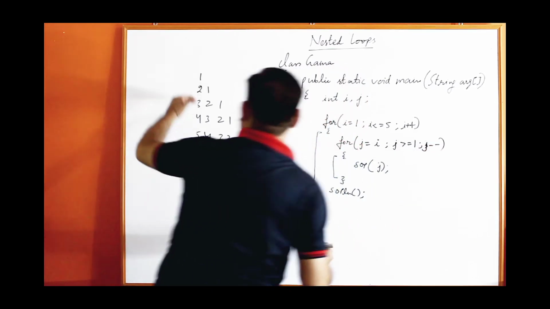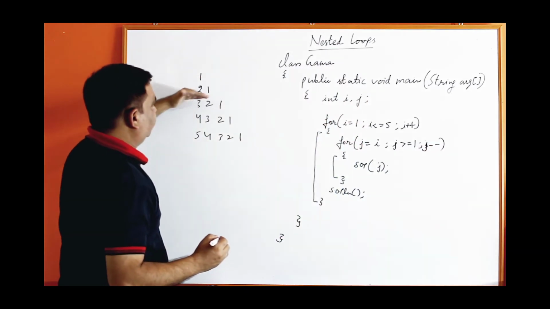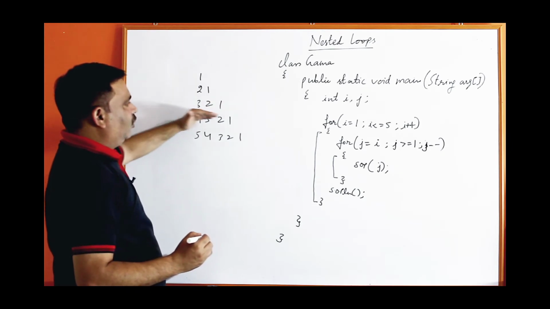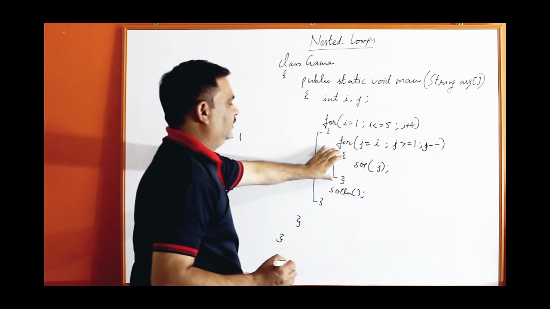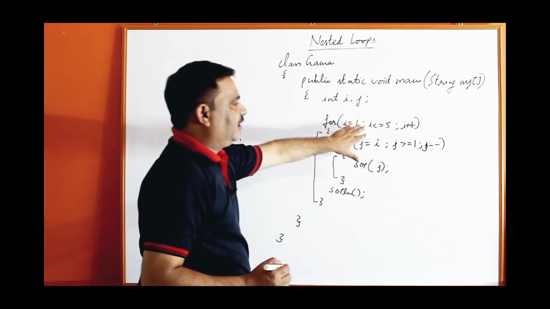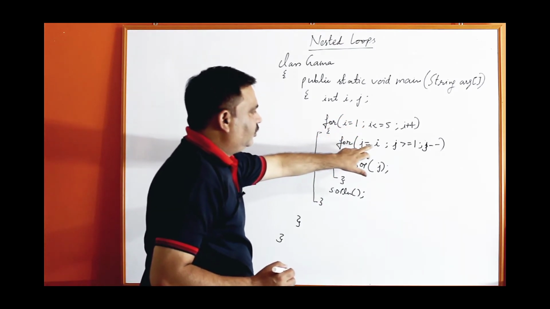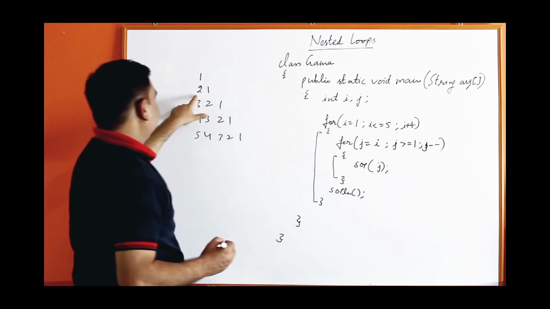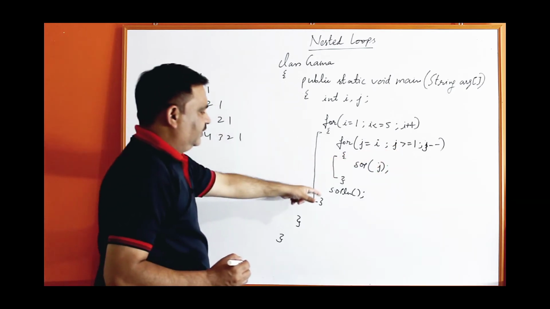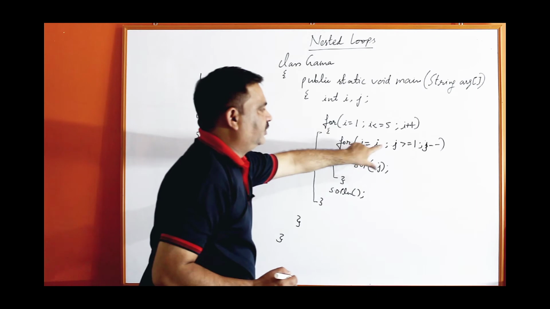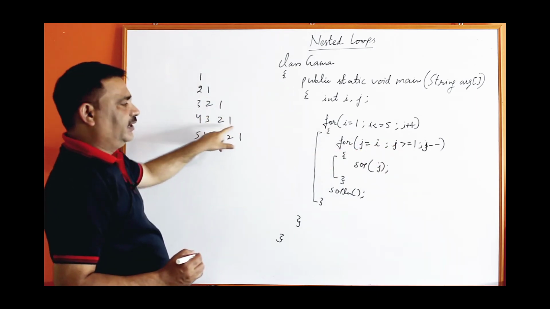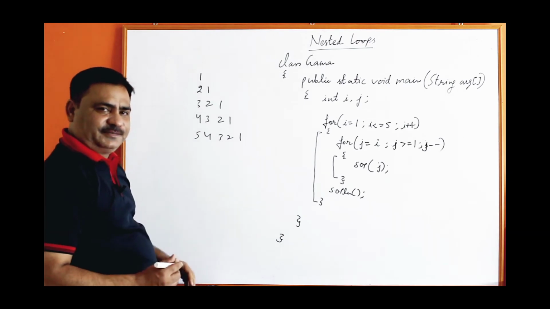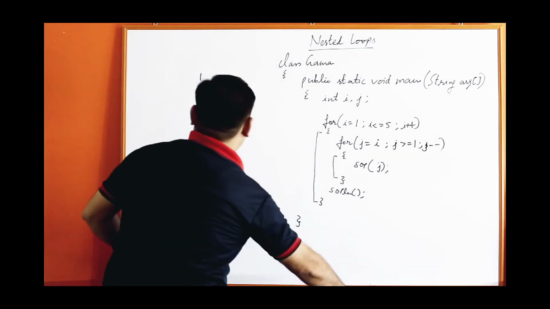This is reverse, see the reverse. It is a reverse loop, higher to lower. So the higher value is 1, 1 to 1, it will print 1. Second time I will become 2. So 2 to 1, this way. Third time I will become 3, from 3 to 1, this way. Next time 4, 4 to 1, and then 5, 5 to 1. One more example.